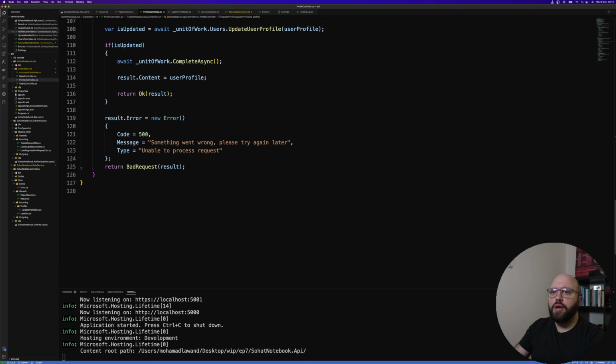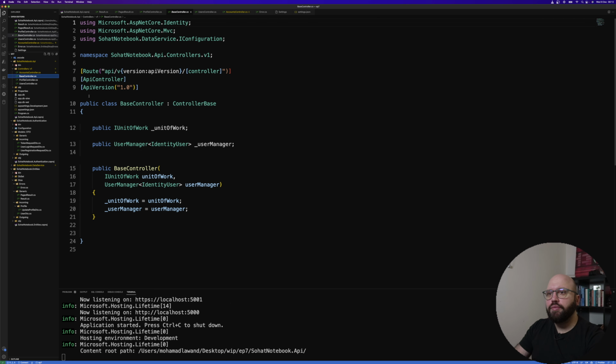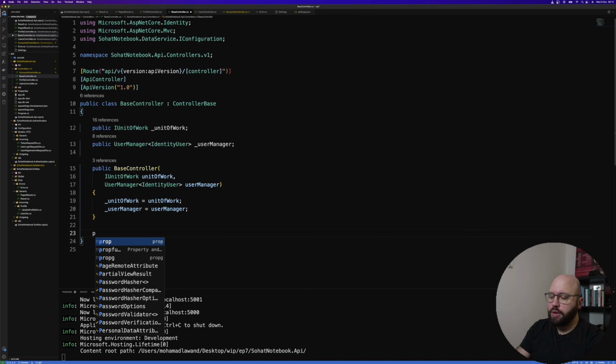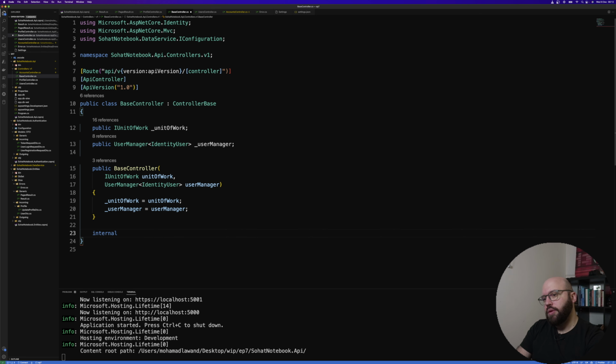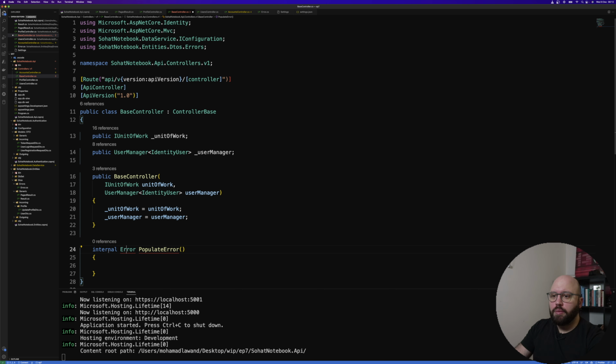Let us add one more method, which is going to be inside the base controller, and we're going to make it public, or let's make it internal, and it's going to return an error class, and it's going to be called populate error. And basically, let's fix this. And the thing here is we're gonna be returning error,